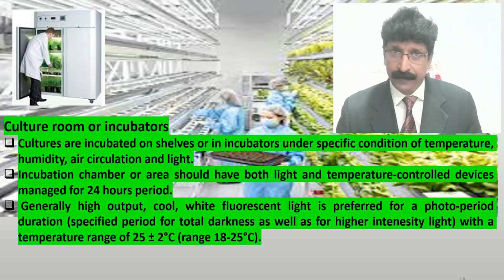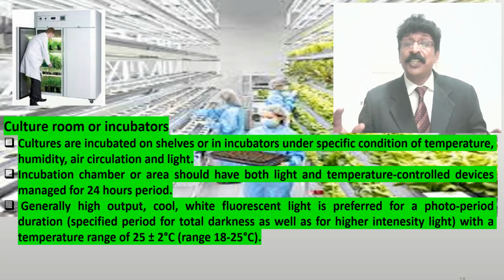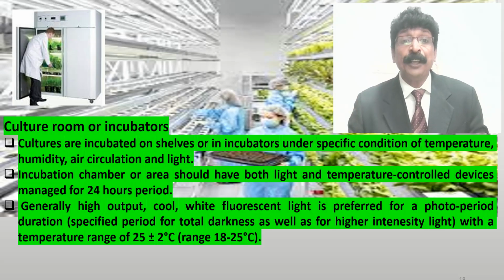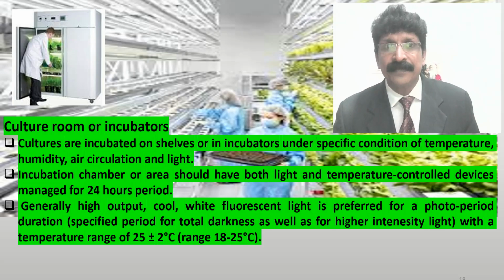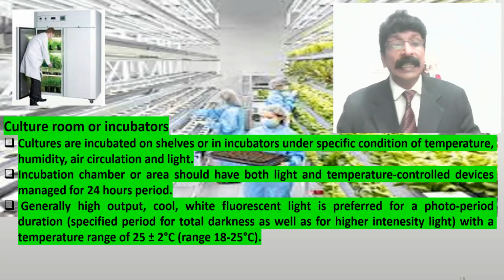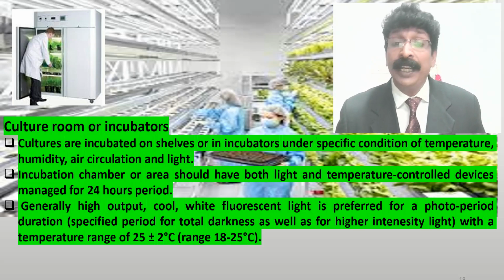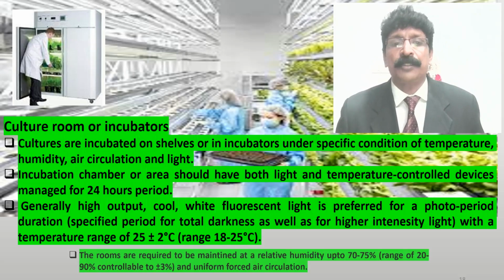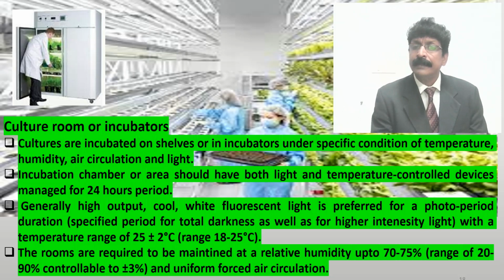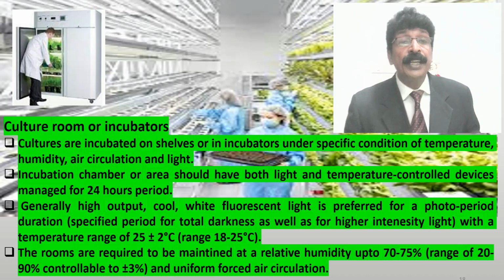Photo period: plants need light for the development and preparation of their food, photosynthesis. The duration involves a specific period of total darkness as well as of higher intensity light. The temperature range is 25 plus or minus 2 degrees centigrade; a range of 18 to 25 degrees centigrade can be used. The rooms are required to be maintained at a relative humidity of 70 to 75 percent, with a range of 20 to 90 percent,